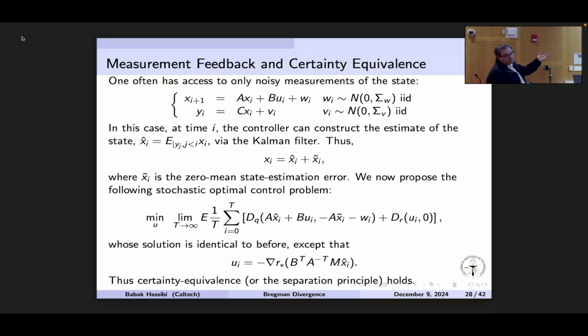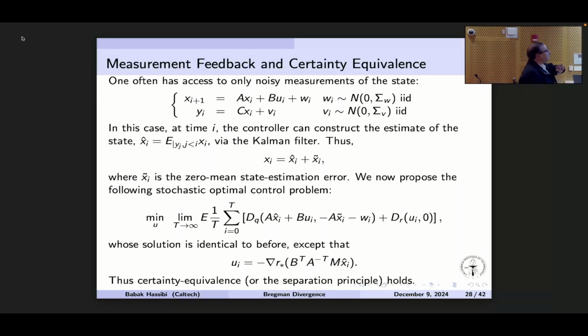And so if you agree with this premise, then the solution is exactly what I described to you earlier. The equations for P, Q, R are all the same. The only difference is your control now is a function of x hat, same function of x hat. And so this is called certainty equivalence. It holds in the quadratic case, which says that if you don't know the state, the controller can ignore the estimation part and just plug in the best estimate of the state into its controller. And the estimator can ignore the control. It can just run its Kalman filter. Okay, so that's all I want to say.